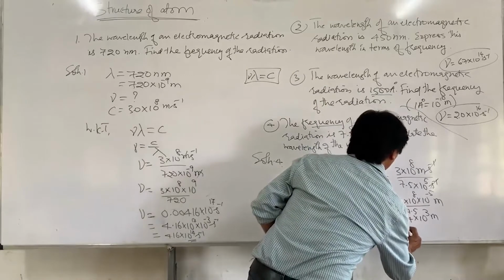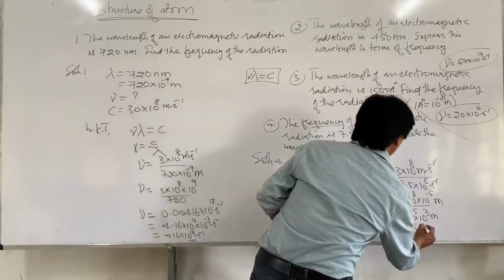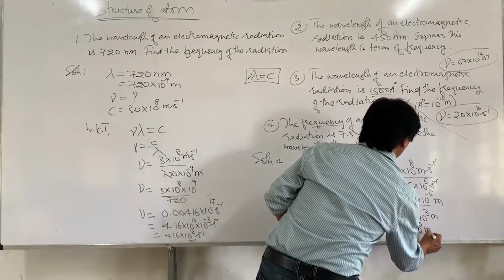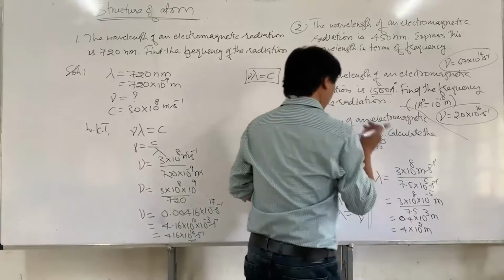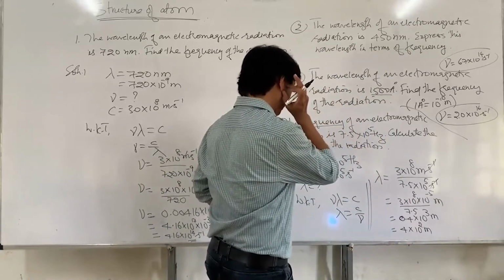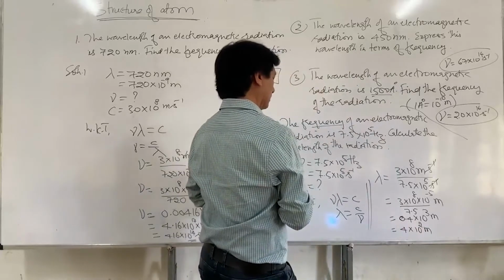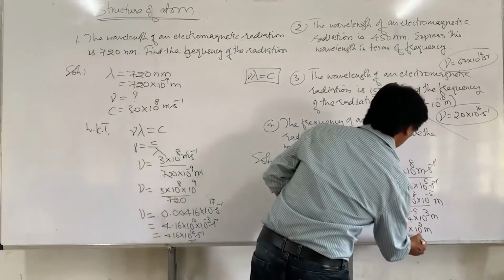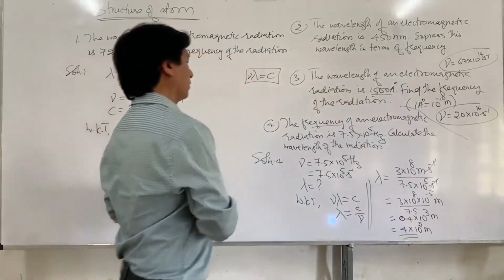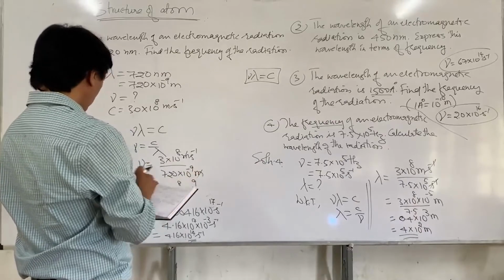So this becomes 4 into 10 raised to the power 2 meters. Right. So when I increase the value of the number here, I'll have to divide it by 10 raised to the power 1, so it becomes 10 raised to the power minus 1. So this is the wavelength of this radiation. And now one problem for you to work out is